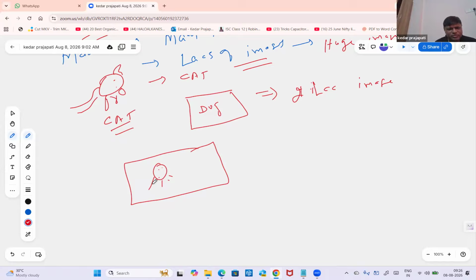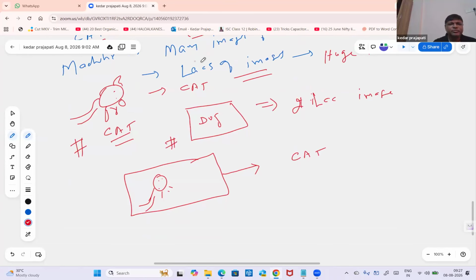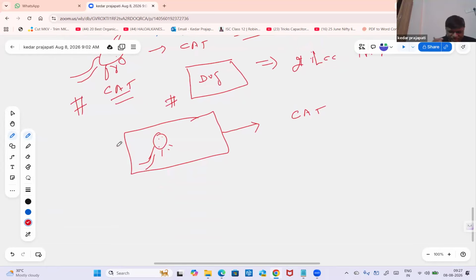And now I'm giving another image which is not labeled. So this is an image of a cat. We know this is a cat, but I give the image of this one, then the machine will tell this is a cat. So what did the machine do? Based on these images, and based on the model you created, a small set of instructions, it learned over a period of time, on huge data, and it has got the intelligence to guess or to predict, right? So now the machine is able to predict.